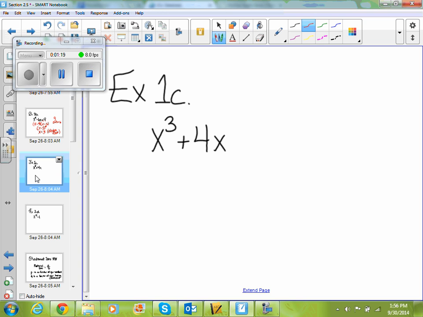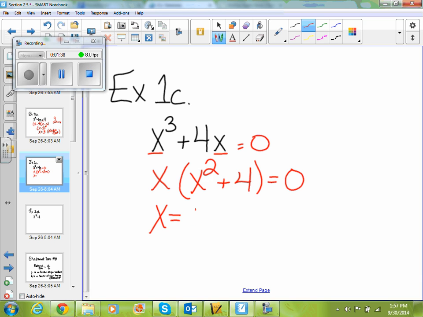Okay, so if we do the same thing for x cubed plus 4x, we're going to factor that to find our zeros. So this is like equals 0. First thing I'm going to do is factor out an x. So we get x times (x squared plus 4) equals 0,